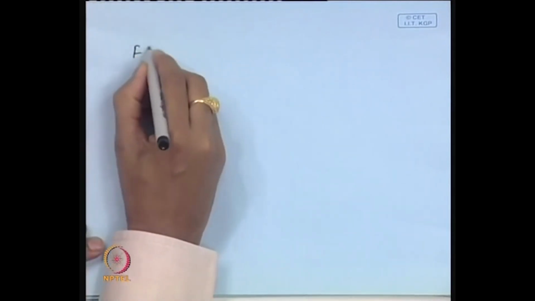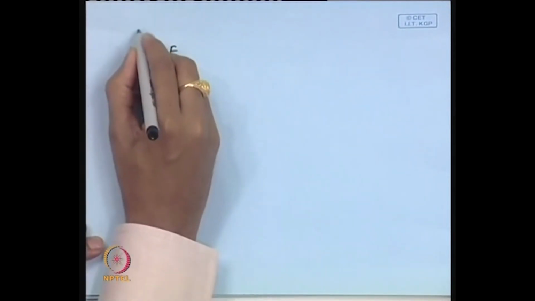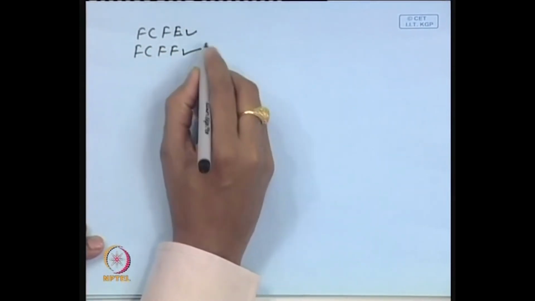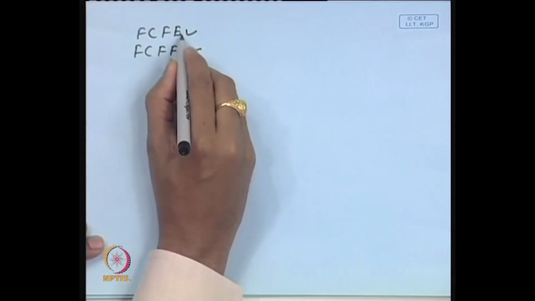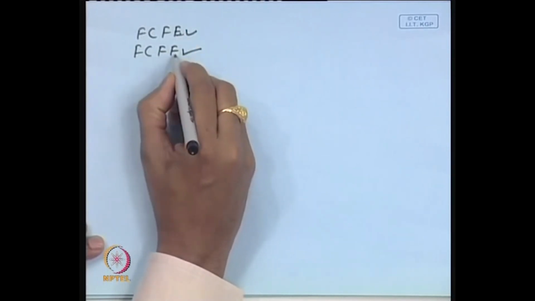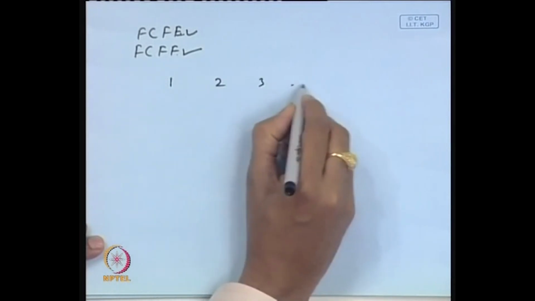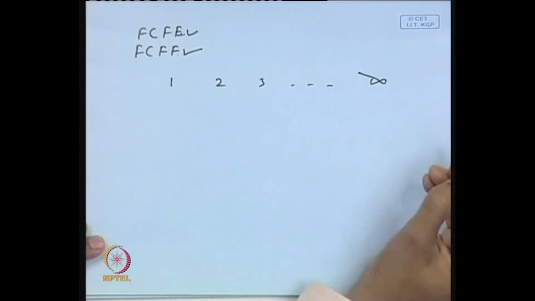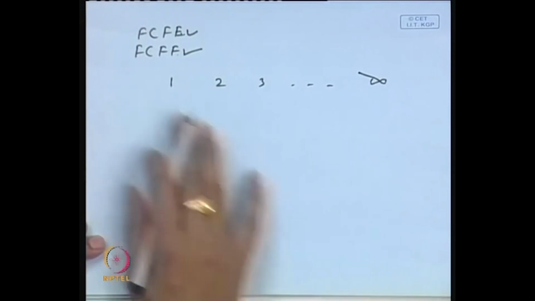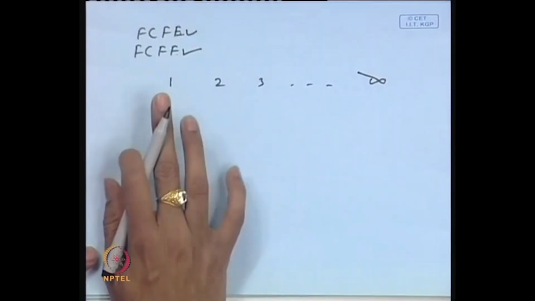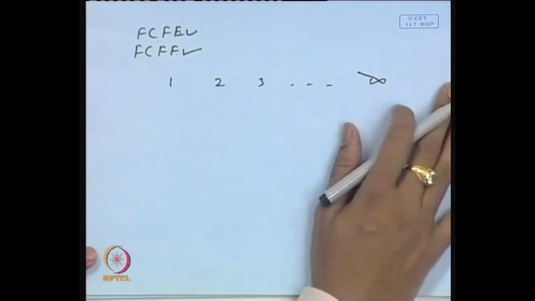Once you have the free cash flow, whether it is for equity or for the firm, what happens here? This free cash flow for equity or for the firm is going to be there for year 1, 2, 3 like this up to period infinity. So, like in the dividend model you have D1 to D infinity, like here also I have got free cash flow for first year, second year, third year like that up to infinity.